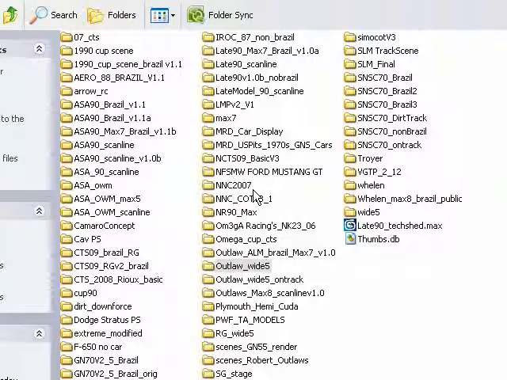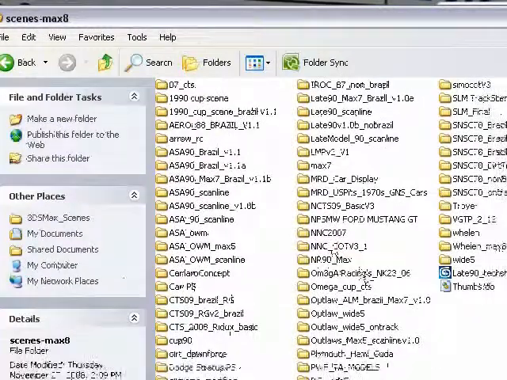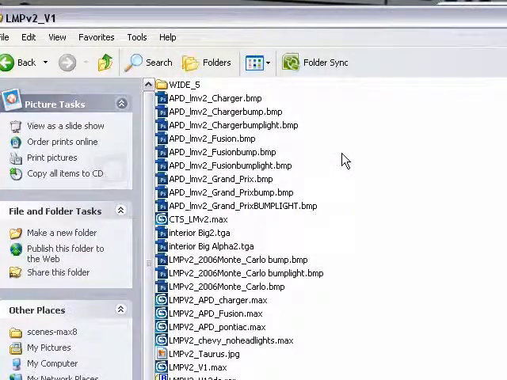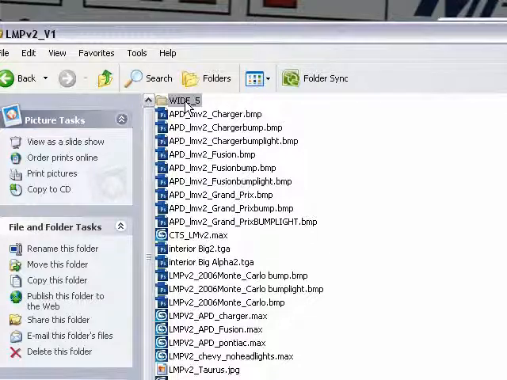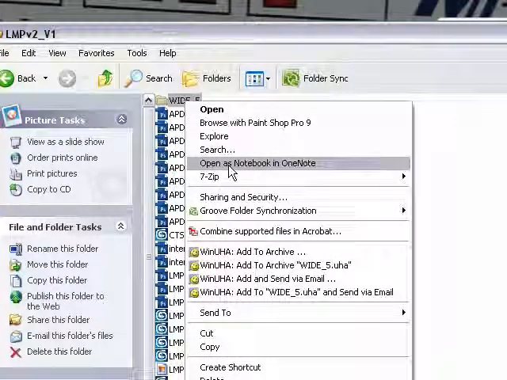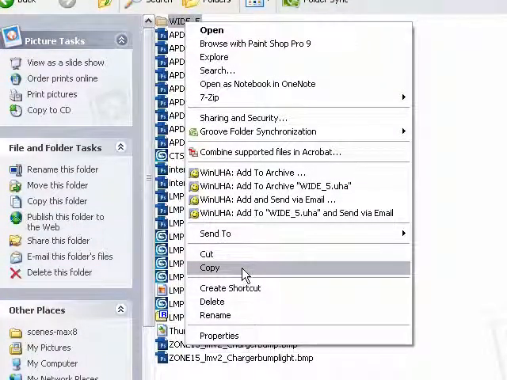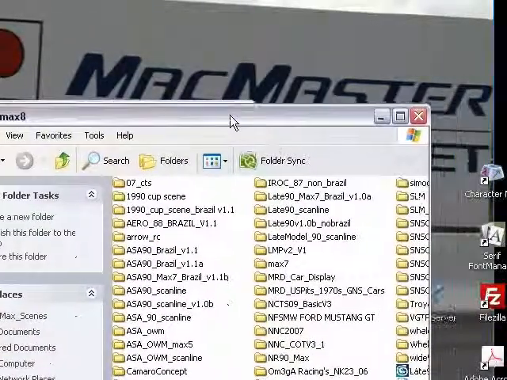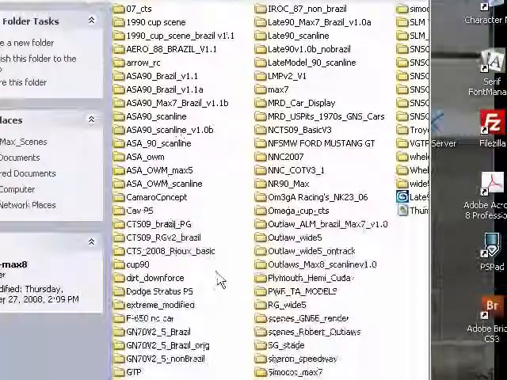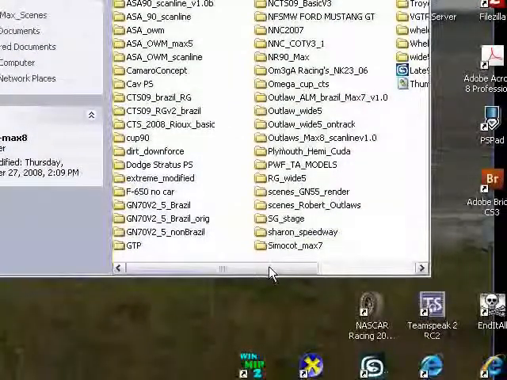Today we're going to learn how to add chrome wheels to a scene. I believe y'all have the LMP-V2, and it's got wide 5 wheels, so we're going to take that, right click, and copy on wide 5. Now, I've got a second folder open here, the same Max scenes, and I'm going to put these on SNSC70